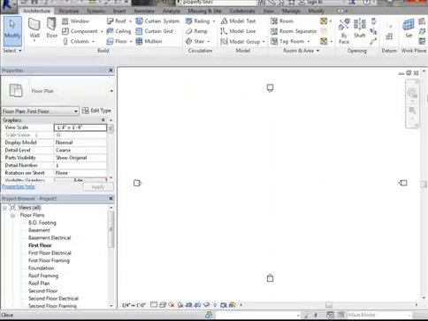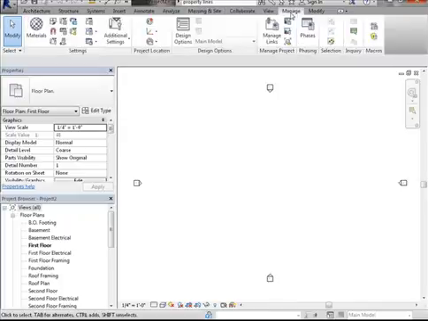Now whenever I go in here, since the whole lesson revolves around the site planning, solar studies, and conceptual masses, one of the first things that I want to do is go through and choose my actual location. Revit's real nice where you can actually pick out a real location, and we just do that by going to the Manage tab,